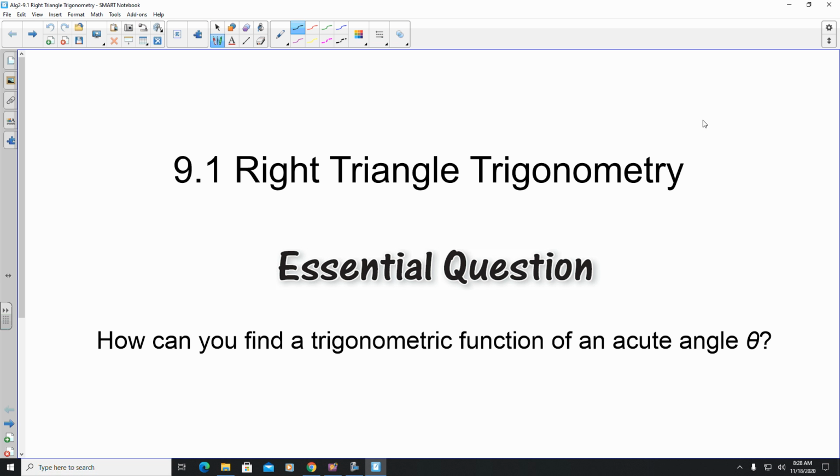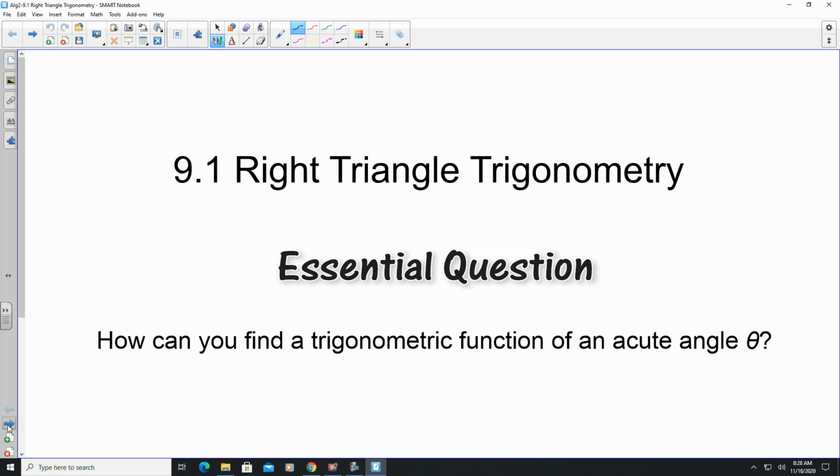In this lesson, we're going to be looking at section 9.1, right triangle trigonometry. The central question here is how can you find trigonometric functions of an acute angle? Anytime that you have a right triangle and you are attempting to discover what the angle is or what the sides are, there are six